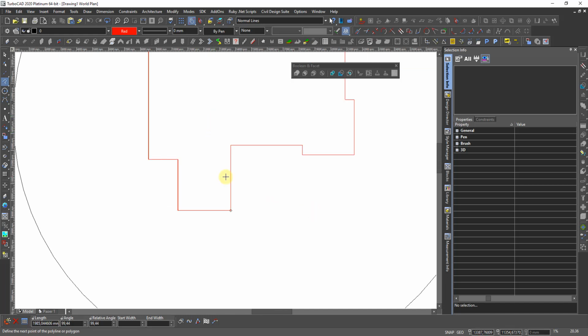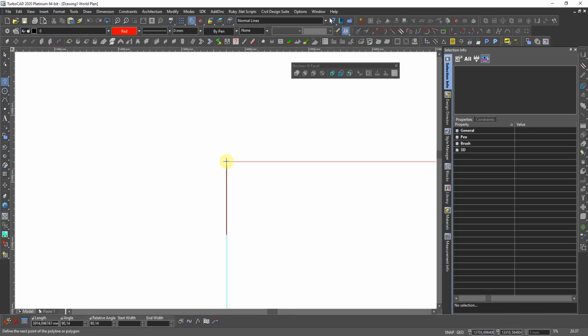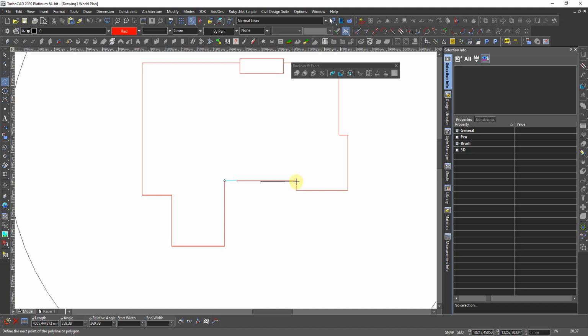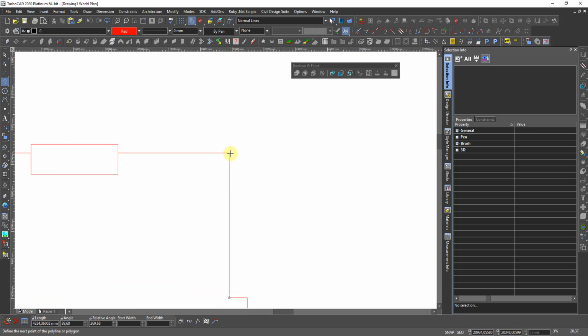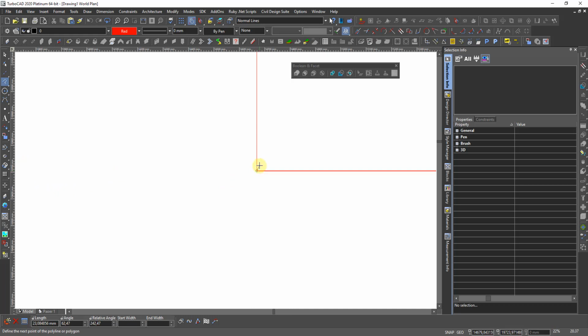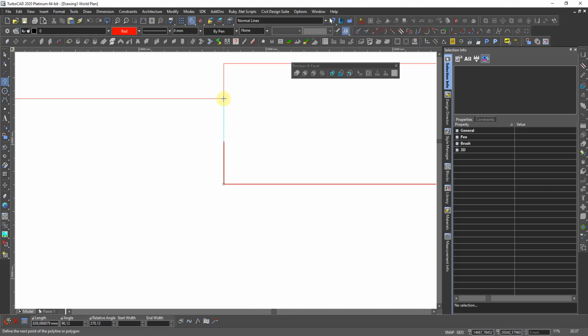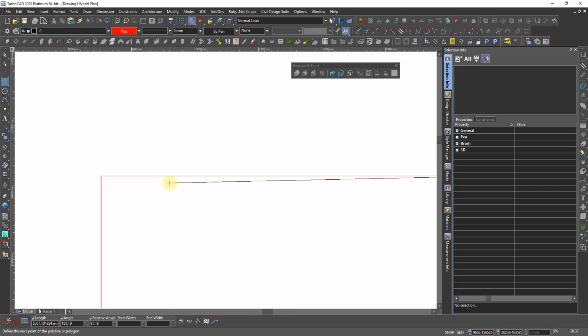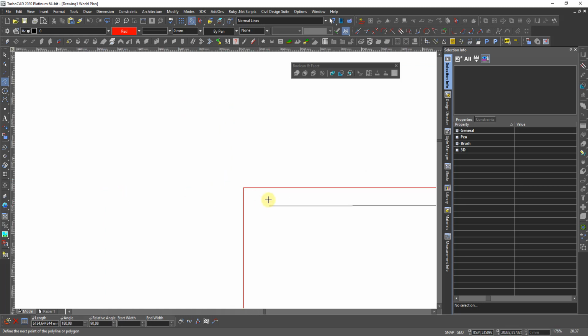V and B, V, V, V, and V, V, and V. There's a V there also, and down to this V. There's a V and V. And now it's important that we not go here and click on the V, because